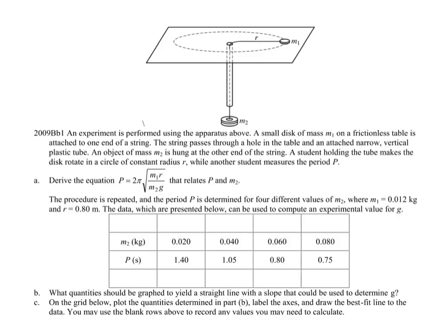Let me start with this. Let me just read real quick. An experiment is performed using the apparatus above. A small disc M1 on a frictionless table is attached to the end of a string. The string passes through a hole in the table and is attached to a narrow vertical plastic tube. An object M2 is hung at the other end of the string. A student holding the tube makes the disc rotate in the center with constant